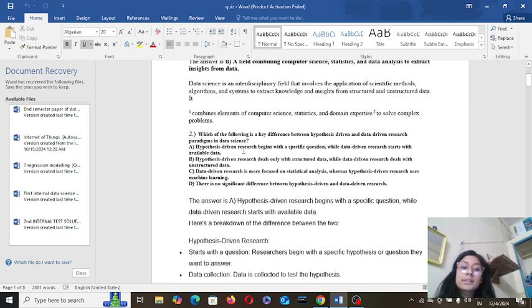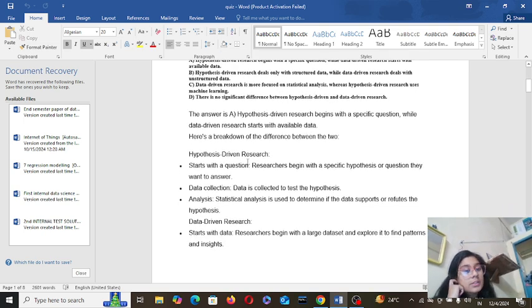which of the following is a key difference between hypothesis driven and data driven research paradigms in data science? So the correct answer is option A. Hypothesis driven research begins with specific questions, while data driven research starts with available data. So, because